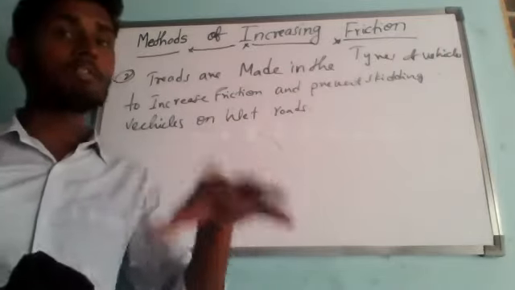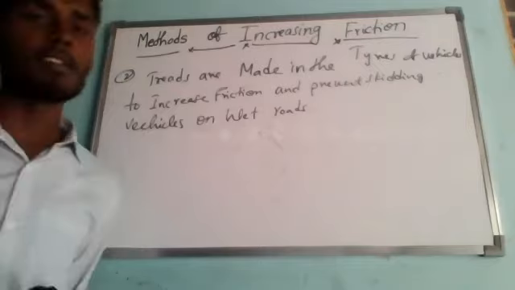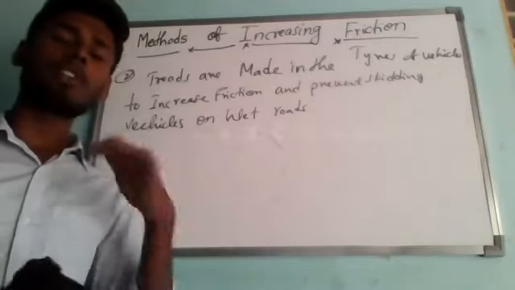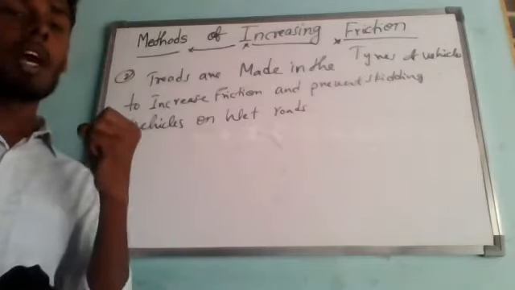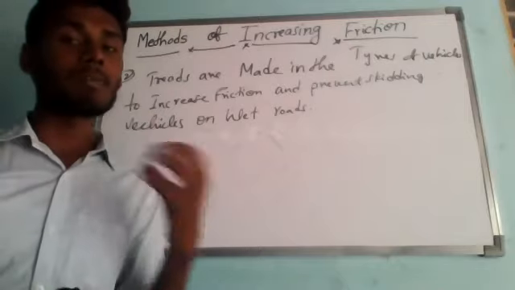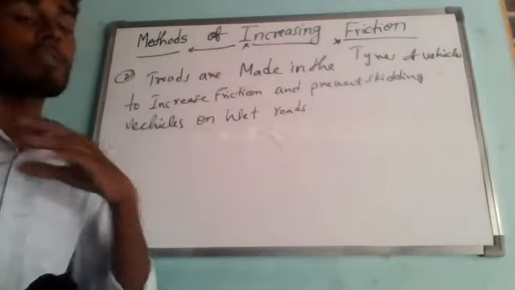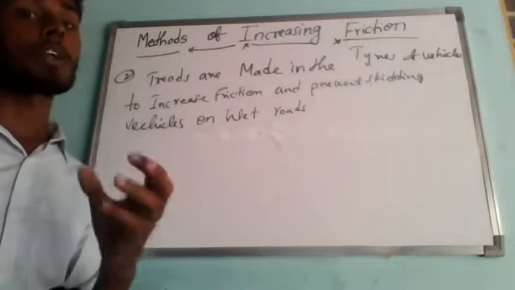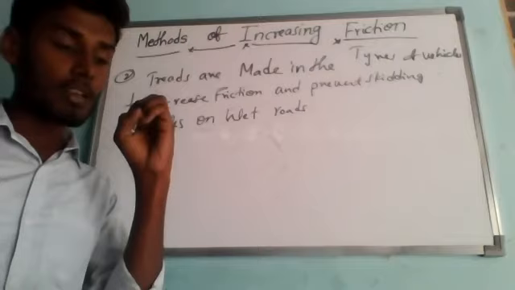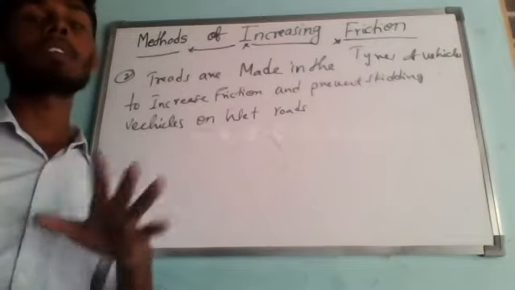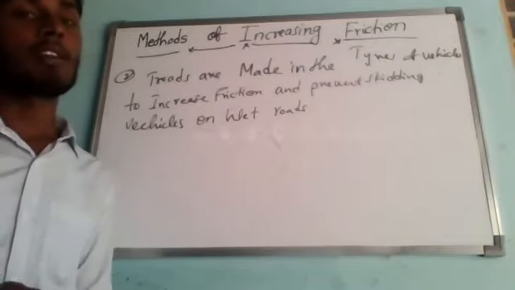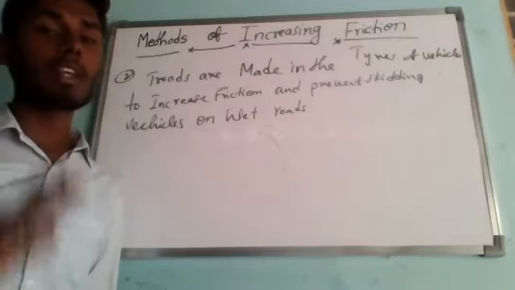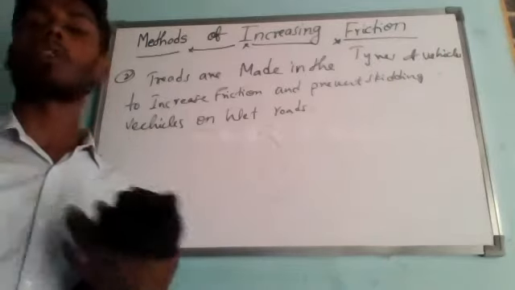When a road is wet, during the rainy season, and even without rain sometimes, our bike or car will skid. When we are traveling at very high speed and the tires do not have a proper grip, then if you apply a sudden brake, it will surely skid and cause an accident. When a road is wet during rains, there is a layer of water on the roads.